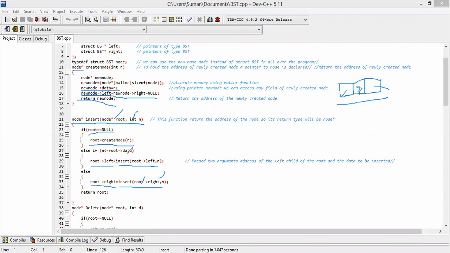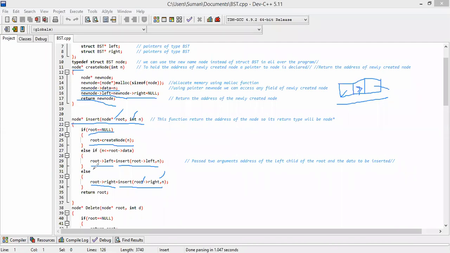And if the data that is to be inserted is less than or equal to the root data, meaning the data we want to insert is less than or equal to the data that is present in the root, then on the left side the data will be inserted.